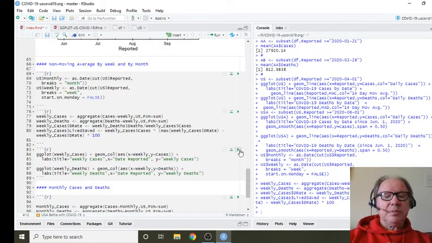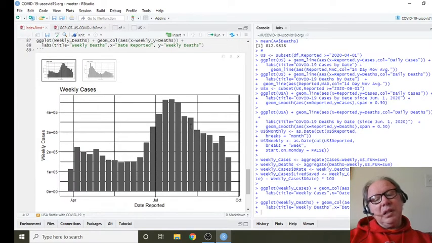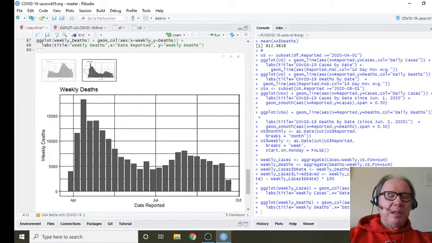Weekly numbers. There's a good chance that we may resume this downward trend this week. Okay, we shall see. Because we had a little spike last week, following a long decline in cases. We had a long decline in cases here, followed by a little movement up last week. Remains to be seen what this is going to do. We can certainly hope and pray that this week's numbers will stay below last week's numbers.